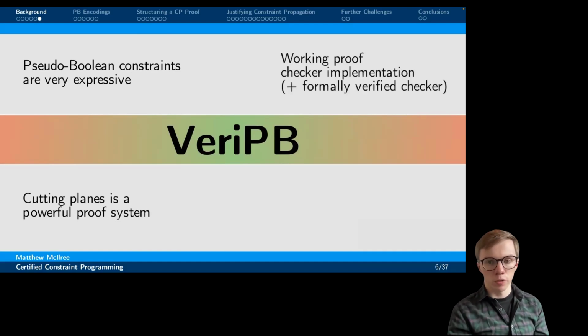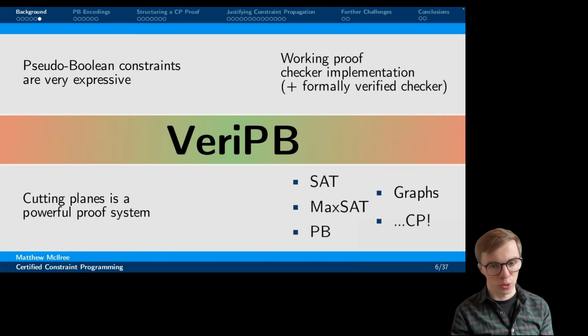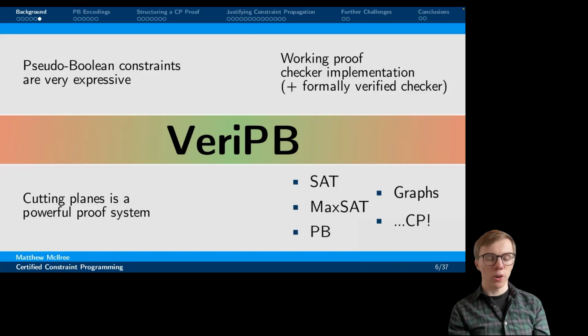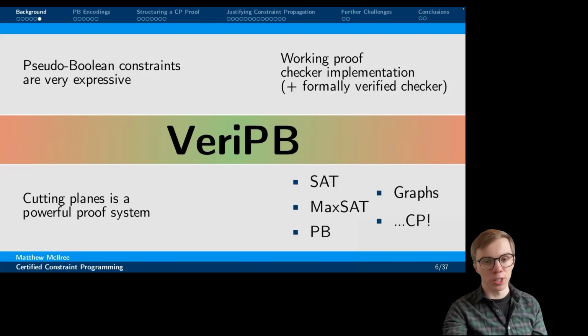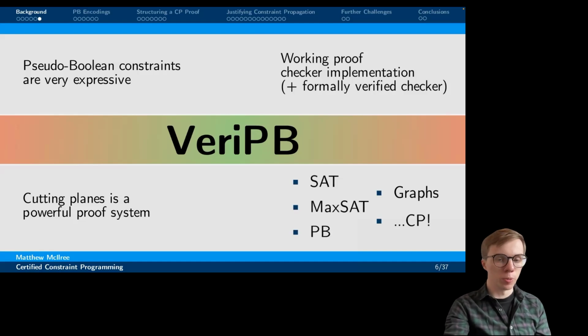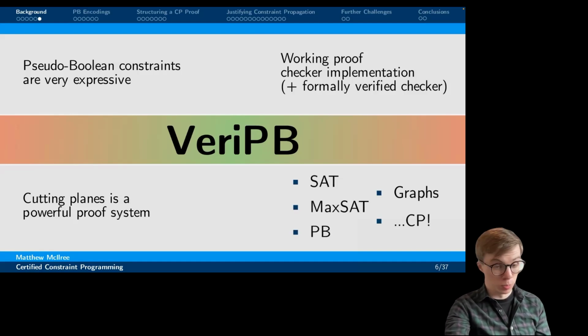This already has a working proof checker and formally verified implementation, which we'll hear about, and has been used for certifying solvers in a wide range of combinatorial solving paradigms, including our work on CP and the graph algorithms my supervisor Kieran talked about in the previous talk, and also SAT, MaxSAT, and of course for PB solving itself. So although it is VeriPB and it's Pseudo-Boolean constraints, it is of course not directly intended to be just for Pseudo-Boolean solvers. It is a general purpose proof system, and when we use it for constraint programming, we intend to use it as such. So although other talks have gone over this material, I'm going to just give a brief recap on